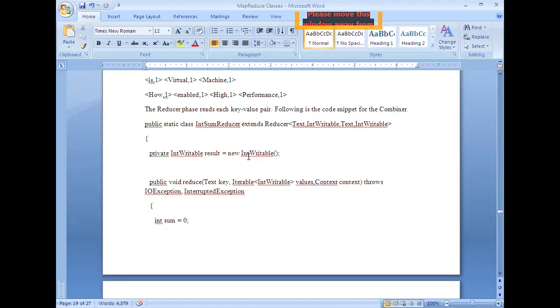Now if you are not using any reducer function, what happens in that case? If there is no reducer logic implemented, all the intermediary outputs which are stored in the local file system will be considered as final outputs, because there is no other mechanism which you have defined.